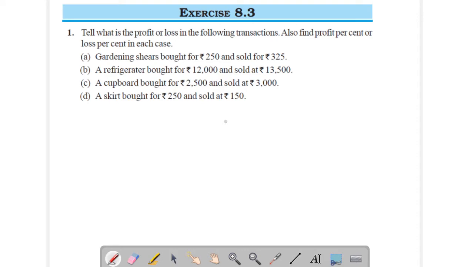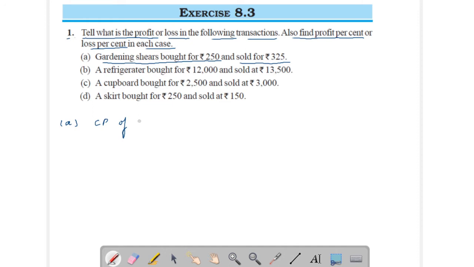Now come to exercise 8.3. Question number 1. Tell what is the profit or loss in the following transaction. Also find profit percent or loss percent in each case. See A part. A part is gardening shares bought for rupees 250 and sold for rupees 325. Here in A part, cost price